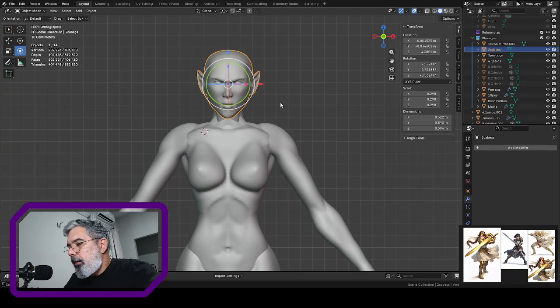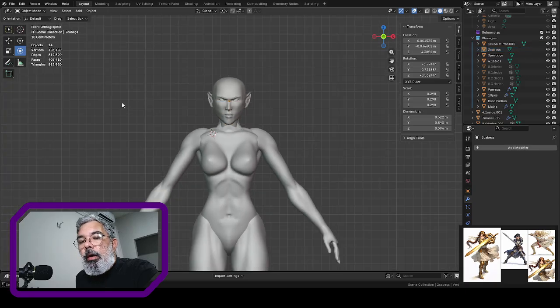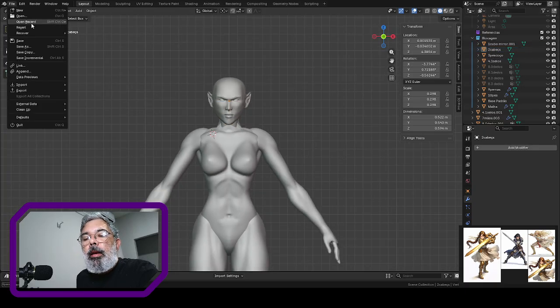I don't work like this. I prefer to make a pose first and then put the other objects, ornaments, armor, sword and anything else. Well, let me import a sword, then